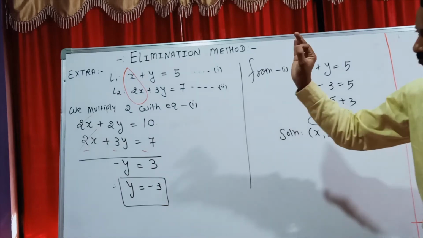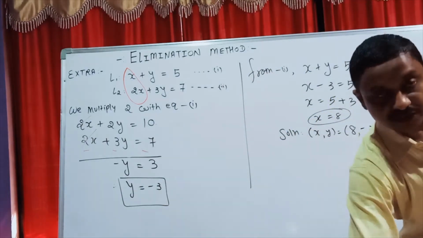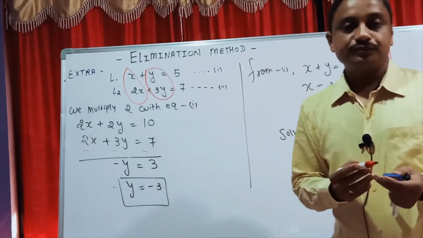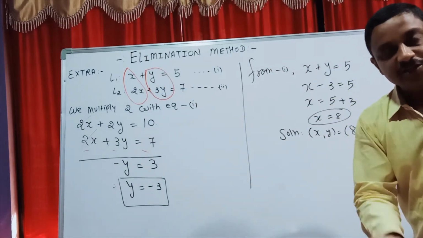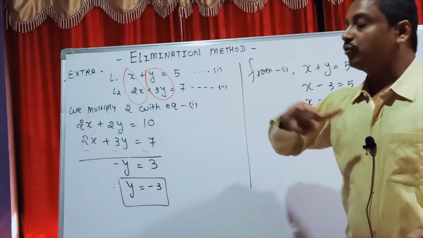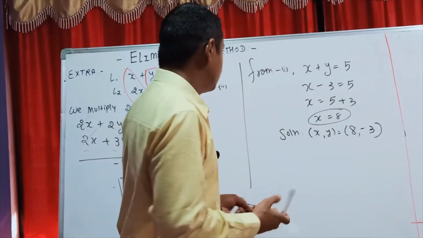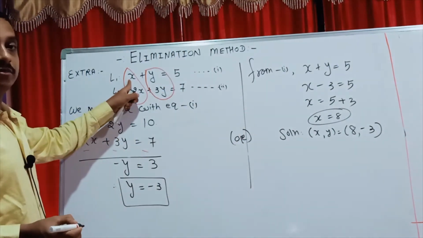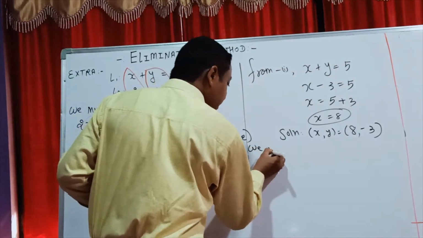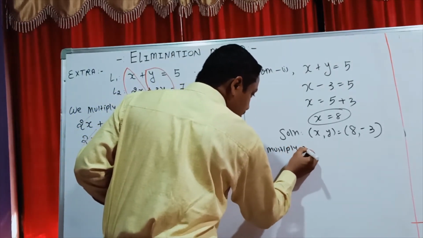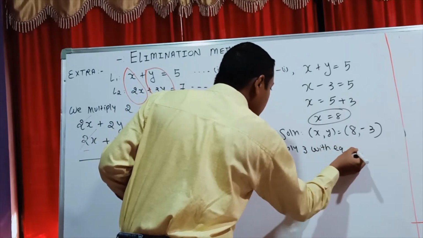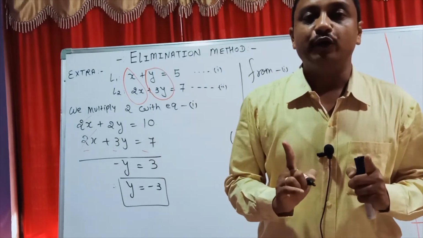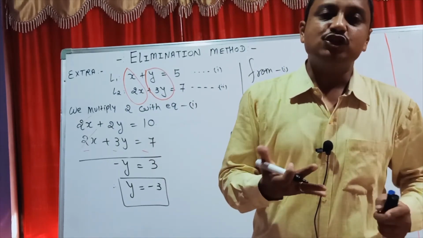Now I explain the same numerical, students. If you eliminate the y side, then also you are correct. So don't worry, I again explain this numerical with the solution for the y side. So I apply another method in this sum. Here multiply by 3. We multiply 3 with equation number 1. In the exam, students, you only write down any one method as you prefer.